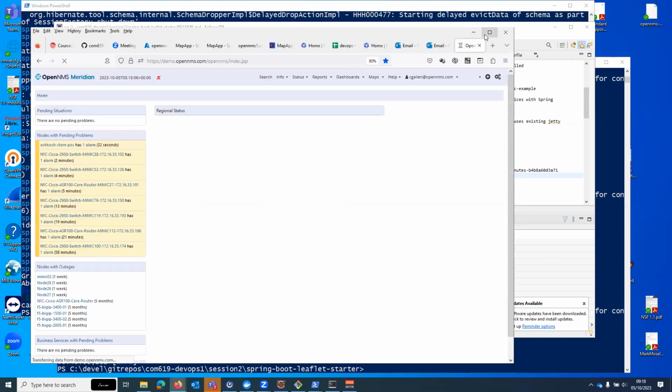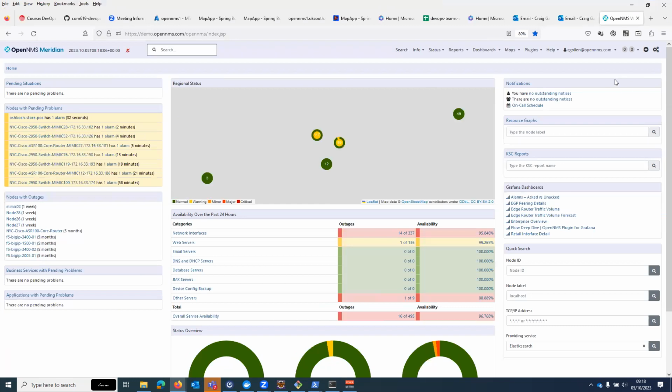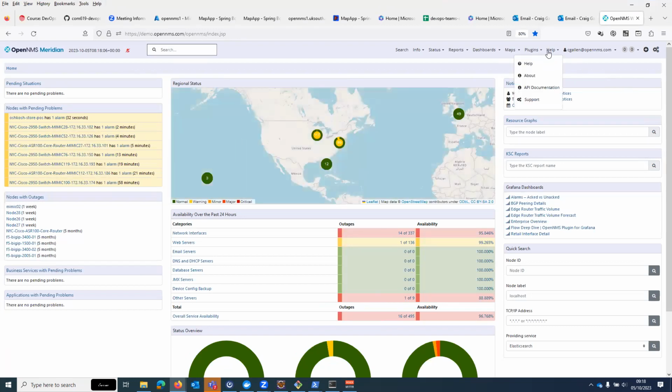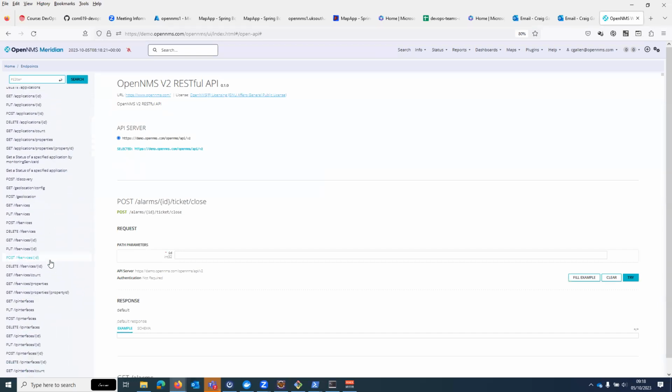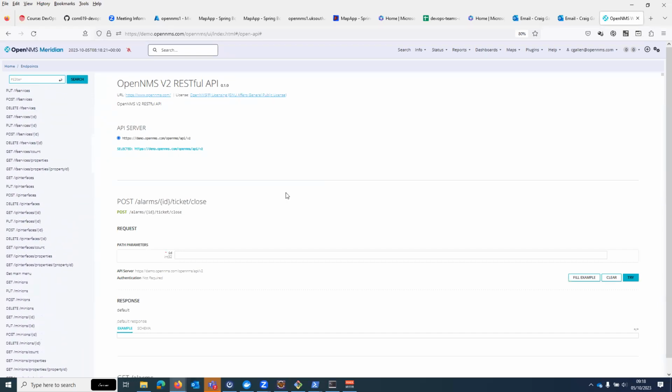So this is my project I work on when I'm not doing this, which is OpenNMS. And under help, under API documentation, OpenNMS has got a very extensive API, but it's basically using the same technology to document the endpoints. And it should come up in a sec, hopefully. There we go. Right. So it isn't exactly the same look and feel, but it is basically doing the